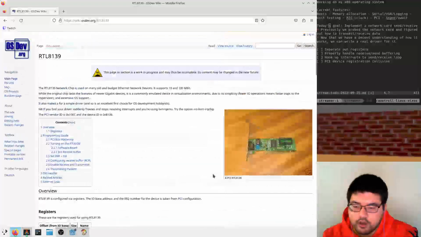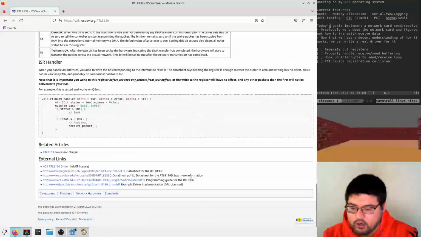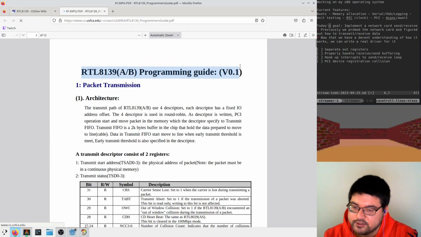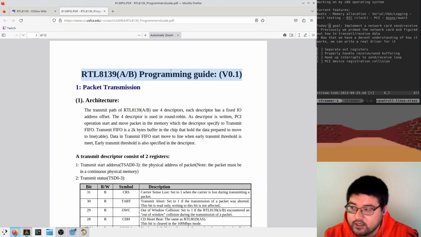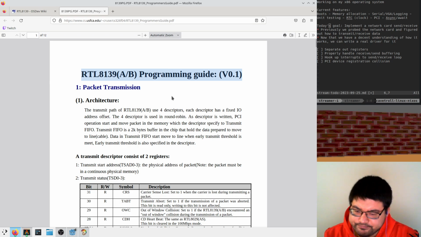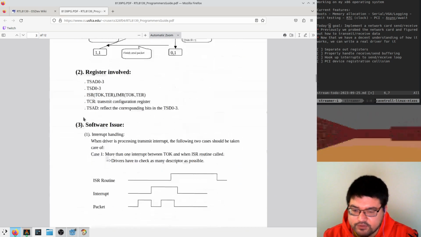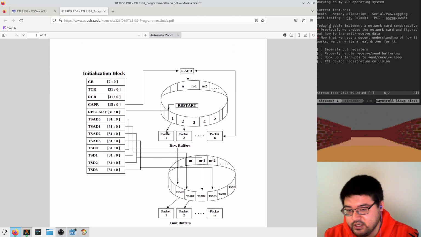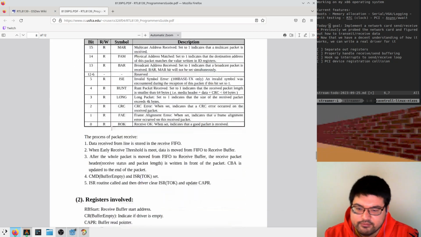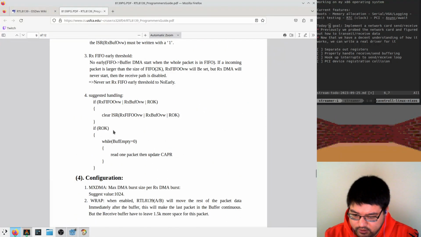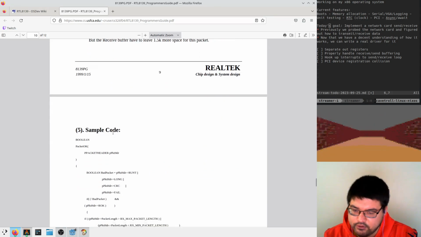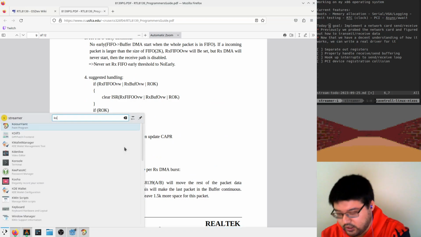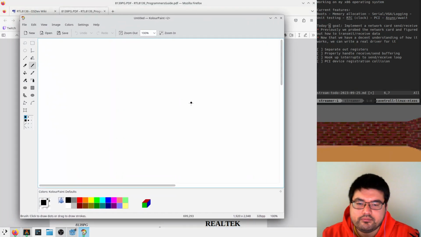Last stream there were a couple things that were unknown when we left it off, and it's because I hadn't found this programming guide. So the sending we had pretty down pat, but the receiving side was a little more confusing, and it turns out there's this programming guide that has more information than the datasheet on how you're supposed to handle all this stuff. So there's probably going to be a little bit of extra testing here to make sure that I understand this correctly, but I've given this a read, well, skim offline, and as far as I understand how this driver should work,